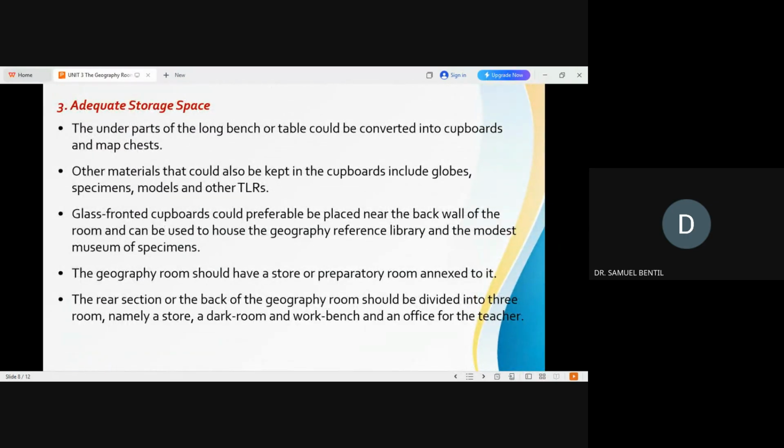Okay. So we are saying that glass fronted cupboards could preferably be placed near the back wall of the classroom and can be used to house the geography reference library and the modest museum of specimens. When we say glass fronted cupboard, we are talking about, you see, when you go to some